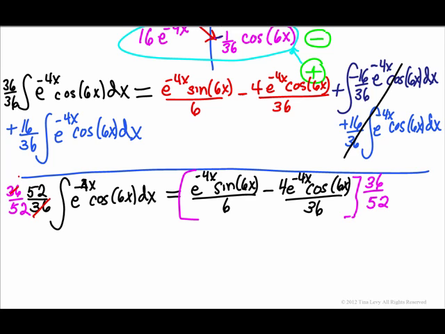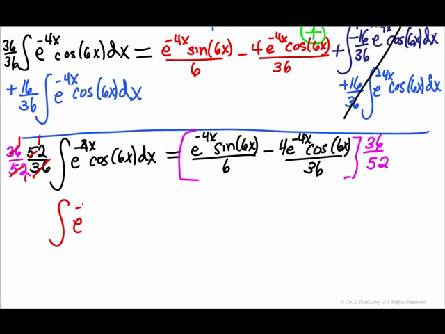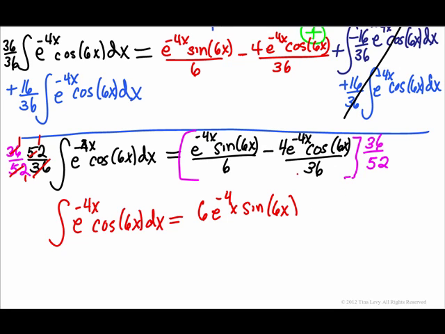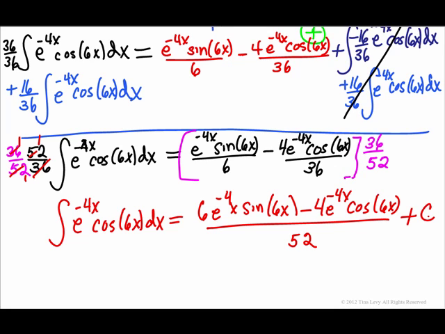Okay, so that gives me the integral I want, which is the integral e to the negative 4x cosine 6x dx. And it equals 6 goes into 36 6 times. So I have 6 e to the negative 4x sine 6x minus 36 cancels here, so I have minus 4 e to the negative 4x cosine 6x, and it's all over 52 plus a constant. So I can reduce this, and